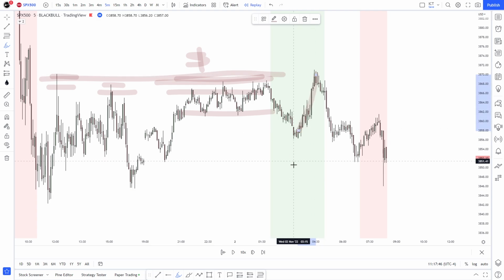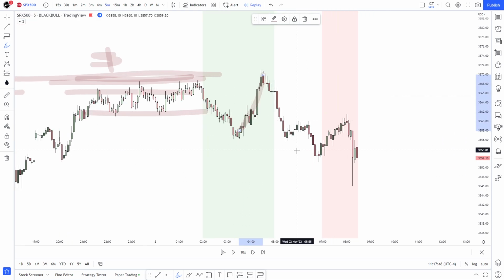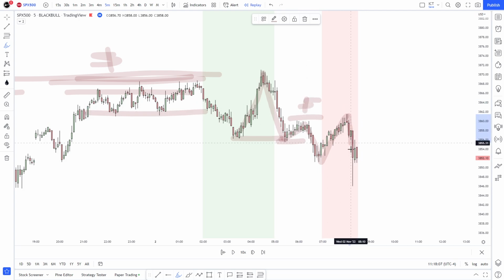What happens here? Price takes that. What does it do immediately after taking those highs? Aggressive move lower, break of structure, market shift maybe. Although the market shift would have been here, but let's call it this market shift. Retracement, aggressive move lower, retracement, market shift, change in direction. So a run on sell side liquidity, change in direction. Can we be looking for buys? Sure, look for buys. Run on liquidity, aggressive move lower.